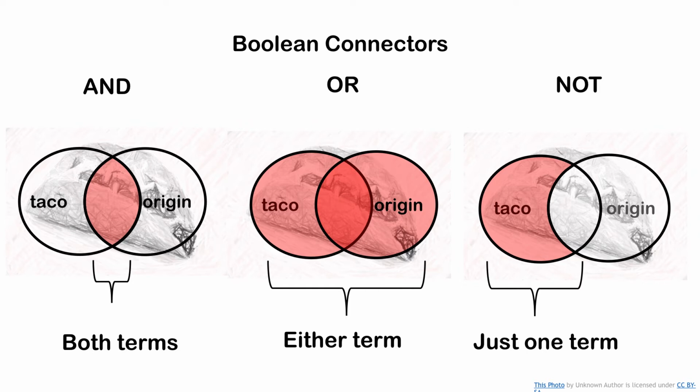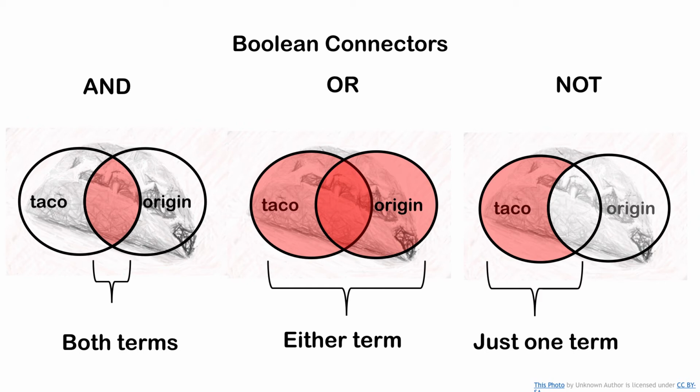The last connector is NOT. NOT is used to exclude a term from your search. So taco NOT origin would deliver specific results related more to taco. However, in doing the search myself using NOT, I found that you will get some results that have to do with origin. So let's go back to my taco search,